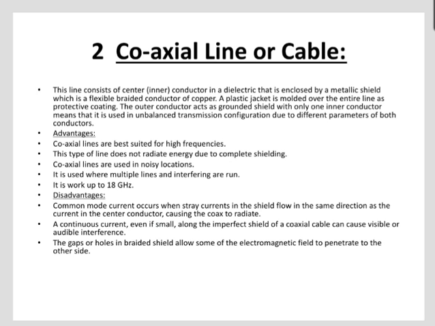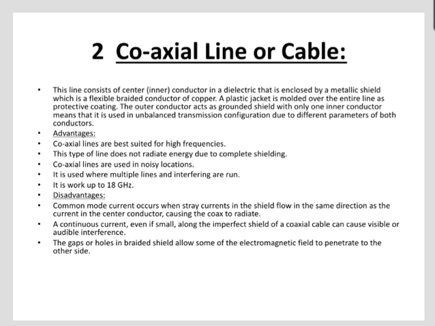Second one is the coaxial line or cable. The line consists of a center or inner conductor in a dielectric, which is enclosed by a metallic shield, which is a flexible braided conductor of copper. A plastic jacket is molded over the entire line as a protective coating. The outer conductor acts as a grounded shield. With only one inner conductor, it is used in an unbalanced transmission configuration due to different parameters of both